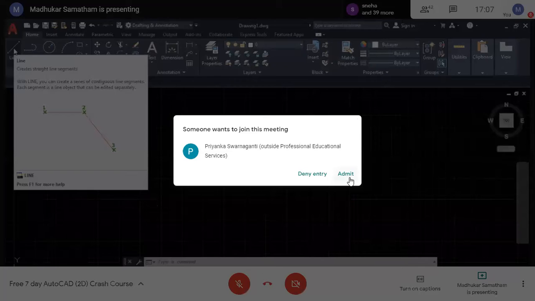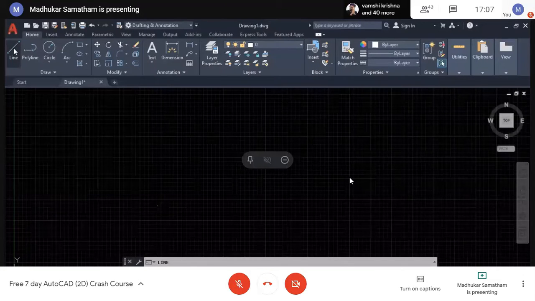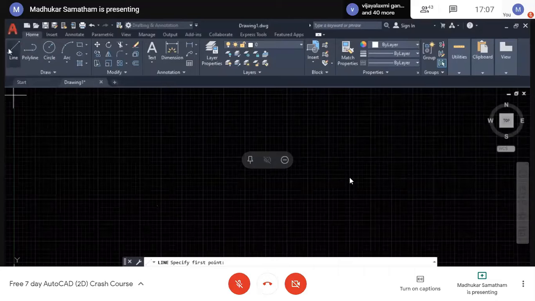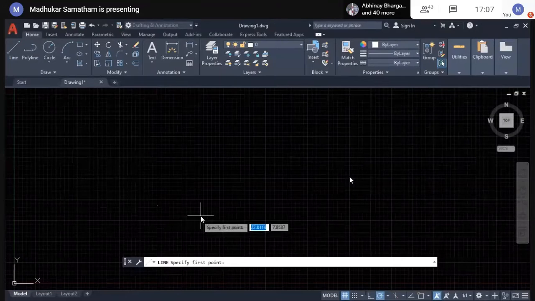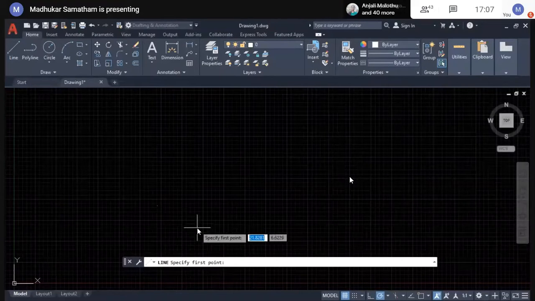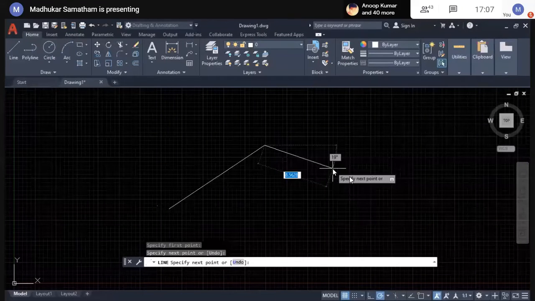Now, we will go to the line command. See, when you click on the line command, it will ask you in the command manager, you can see, specify first point. You can select anywhere. If you are doing non-parametric design, we are not bothered about the magnitude or direction, we just want to draw a line. Freehand sketches, I'll show you some freehand sketches at the end.